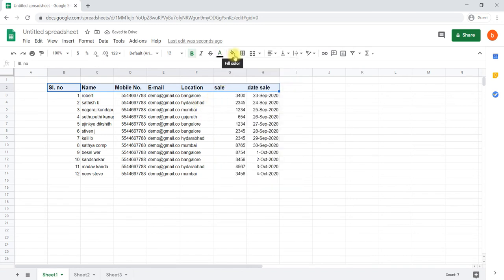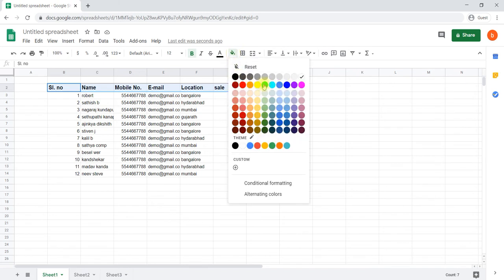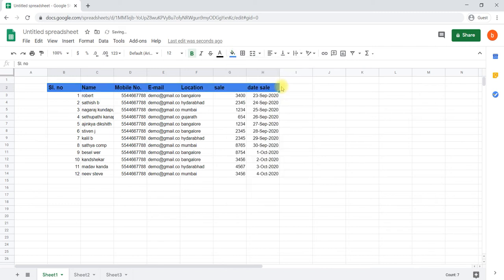And the fill color, in the sense of background: if all these cells are to be filled with some other color, we can go to the fill color here and select which color should be in the background. That particular color you can select. You can also select a different text color. I have selected white, so the background will be blue and the text will be white for the heading.